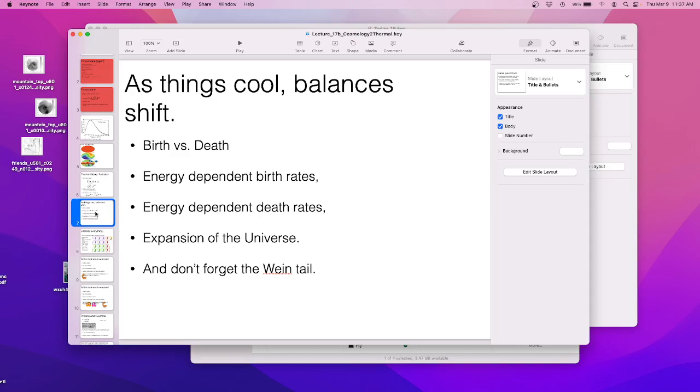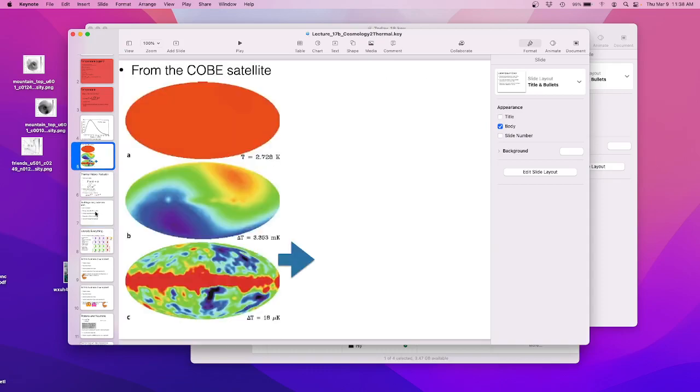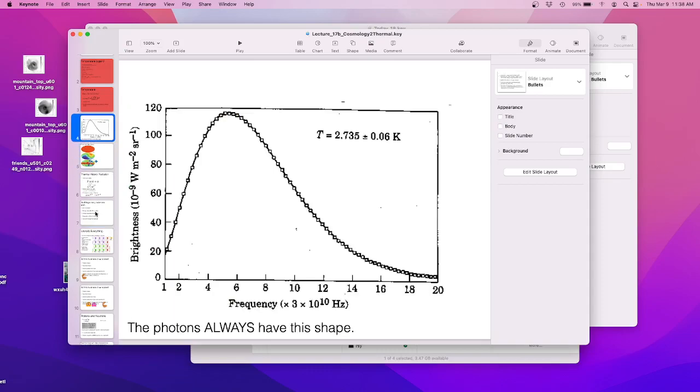Similarly, we'll go through several things. So we have energy-dependent birth rates and energy-dependent destruction rates, and the expansion of the universe. And okay, we also have the Wien tail, which is the long tail in the black body. This is not a Gaussian. One of the things that Gaussians have is they fall off pretty fast. So the tails don't really have very much stuff in it. If I go way out in a distribution, so say I'm looking at like height distribution of penguins, if I look at way, way off into the tail of the height distribution of penguins, I'm going to find basically zero penguins that are 4 times bigger than the rest of them.